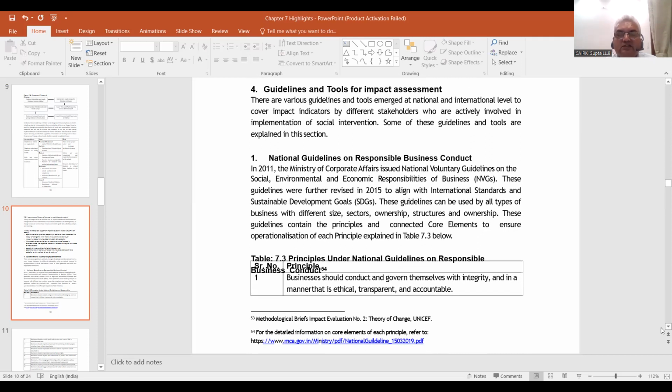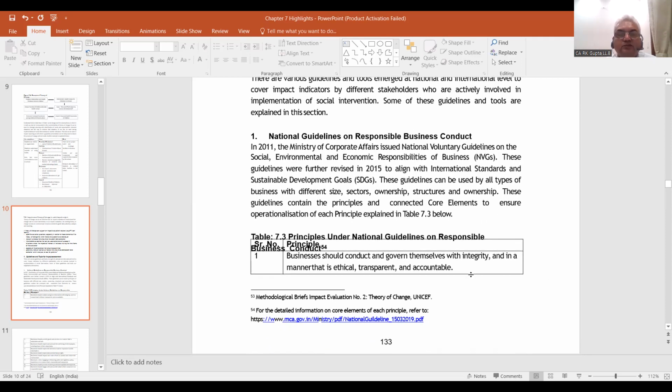तो 7.3 में कुछ प्रिंसिपल्स दिए हुए हैं। क्या क्या प्रिंसिपल्स हैं? प्रिंसिपल्स इंटरनेशनल गाइडलाइंस ऑन रिस्पॉन्सिबल बिजनेस कंडक्ट। पहला है businesses should conduct and govern themselves with integrity and in a manner that is ethical, transparent and accountable. ठीक है, तो इन्होंने क्या करना है, इंटीग्रिटी हो गया एक तो, और एक हो गया एथिकल, एक हो गया ट्रांसपेरेंट और एक हो गया अकाउंटेबिलिटी।